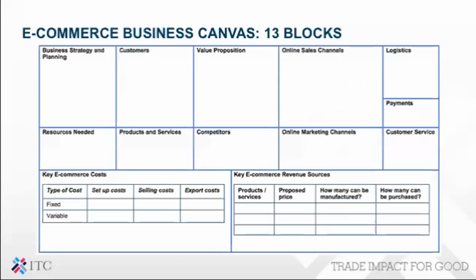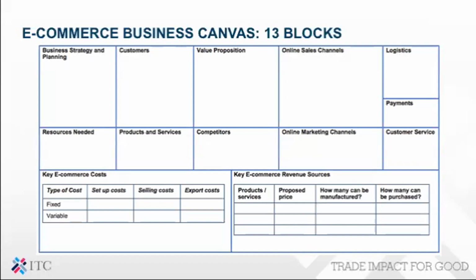But now, taking into considerations those factors that matter to us for e-commerce, we can actually come up with this kind of template. So an e-commerce business canvas with 13 blocks or boxes. So just please take a few seconds to observe, and then we will explore them later on in the next